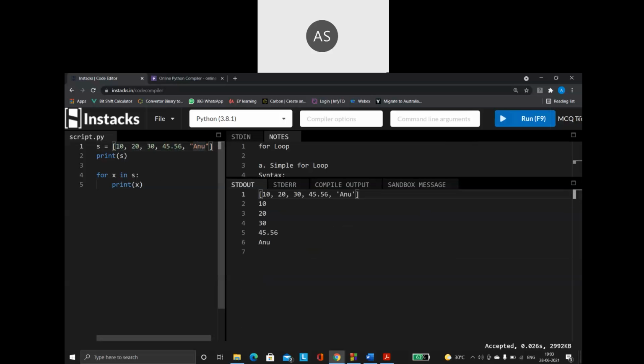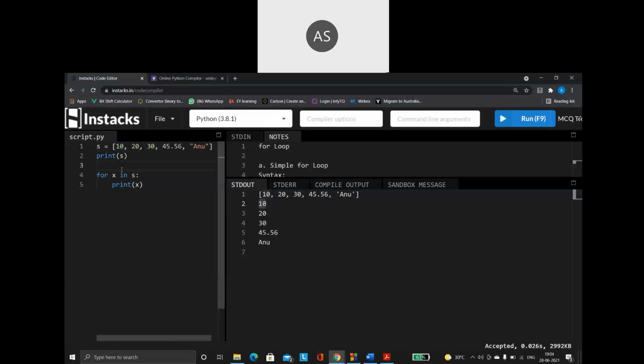Automatically it will start from the first value, and it is printing the first value. The first value is 10. That will be stored inside the x variable, so it comes inside the loop and prints it. Now automatically it will go to the second position. It will not skip anything. It will definitely go one by one only. You cannot change that. You cannot say, go to the first, then jump to the third, then jump to the fourth. No, that is not possible here.